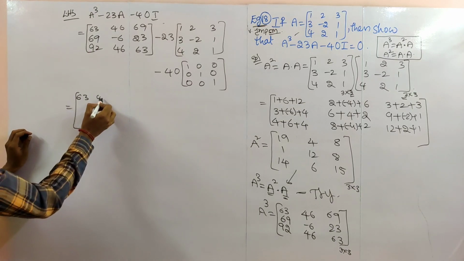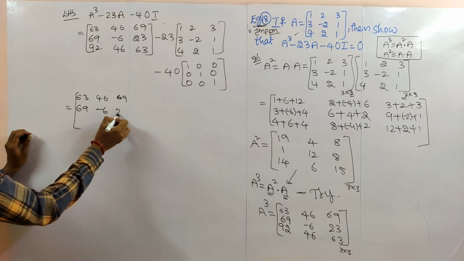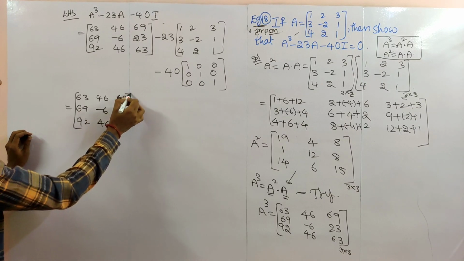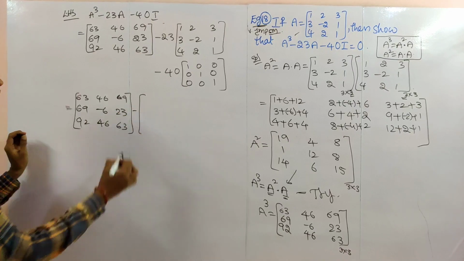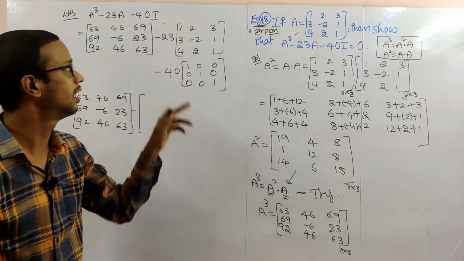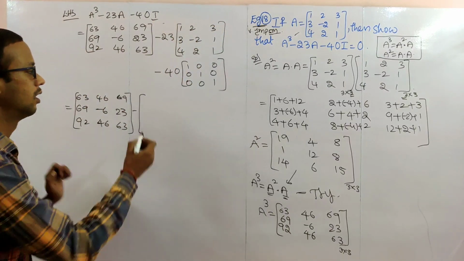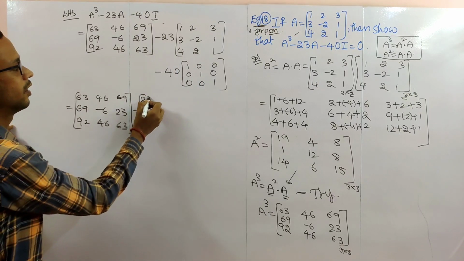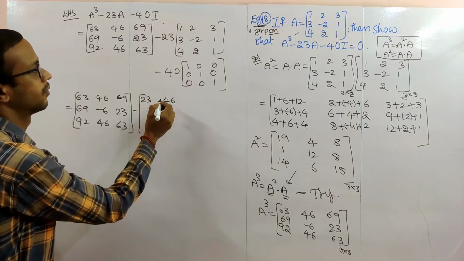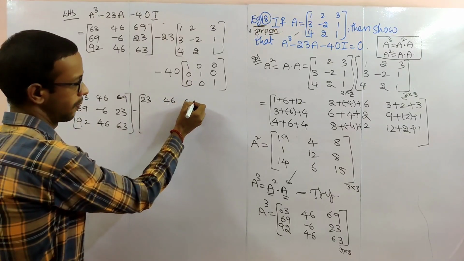63 as it is, 46, 69, 69 minus 6, 23, 92, 46, 63. No change in the first matrix. Second matrix, 23 multiply, scalar multiplication. Already we discussed scalar, number multiply to every element. So how will we get that one? 23 we will get. Next 46, next 69,